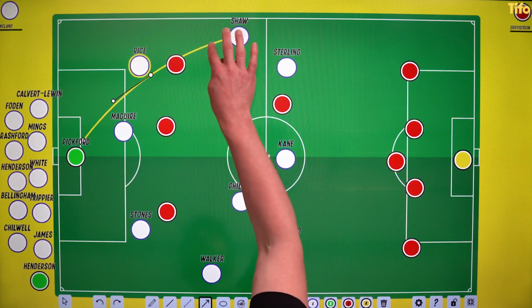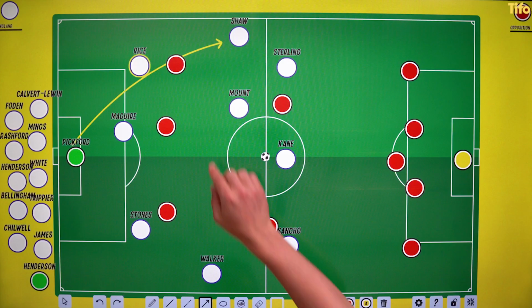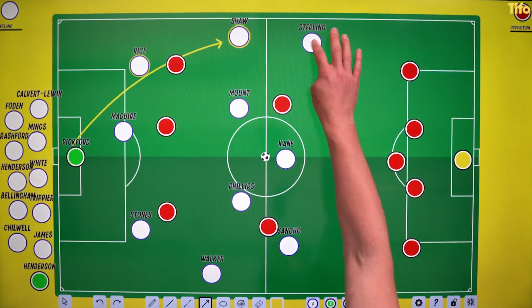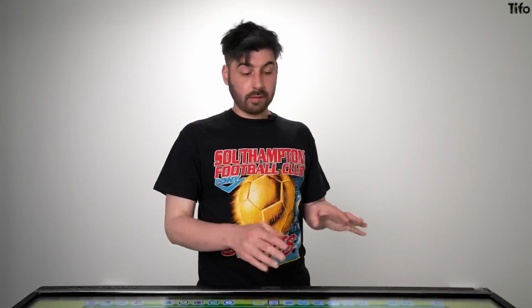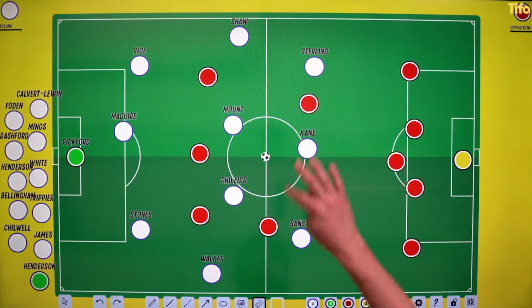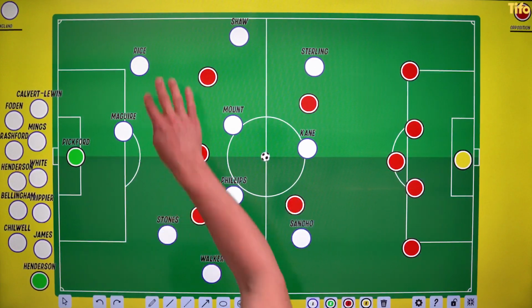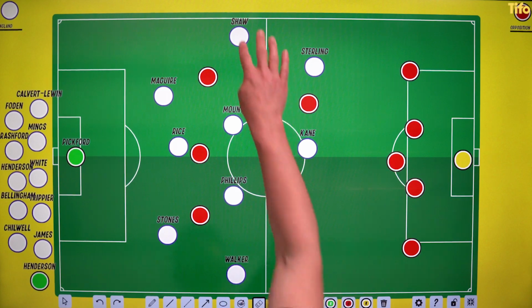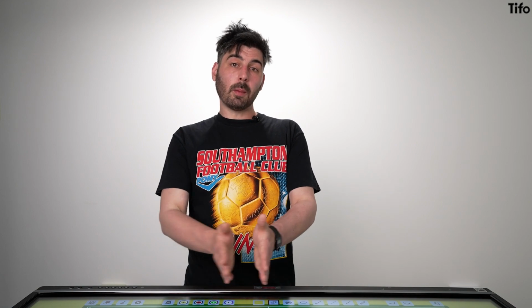so you can get these passes out here, there we go, that's the curve. You can get these looped passes that go round the outside and reach this player here, or possibly even this player here, pushing up into this space. So as England progress the ball forwards, let's have these guys dropping off a little bit, give them some space. The aim really is to allow the centre-backs to carry the ball forwards, with the full-backs being used to make sure that possession is retained, and to start moving the ball up the pitch.